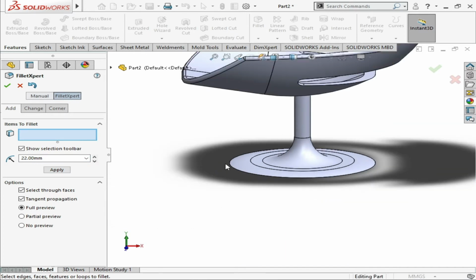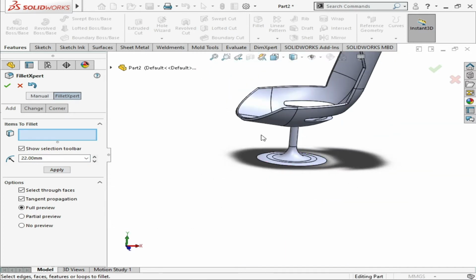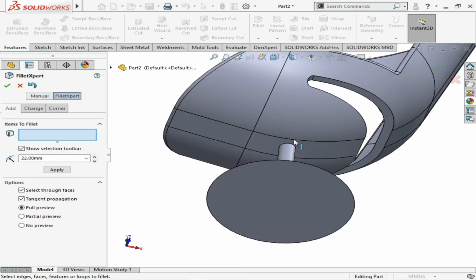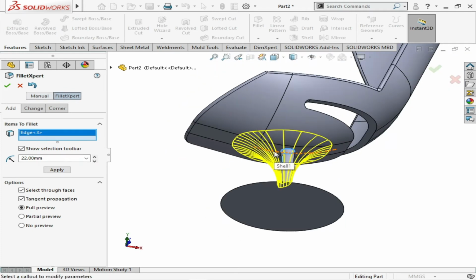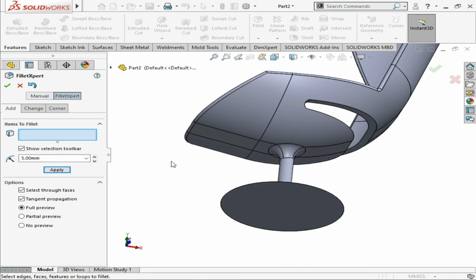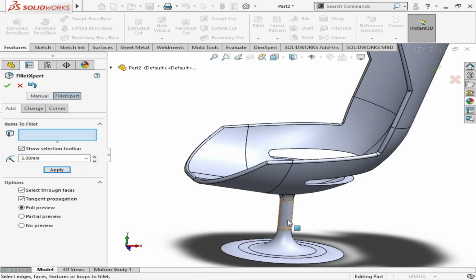So now that's our model ready. We can also fillet this point a little bit, and you have to decrease it because it may look ugly. 5 mm, apply OK. So that's it.